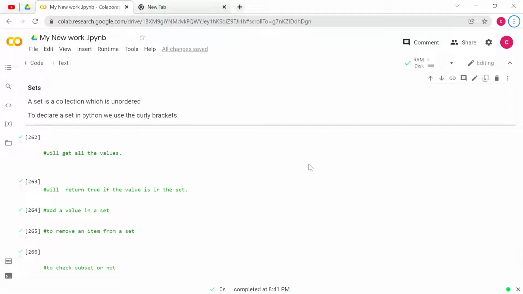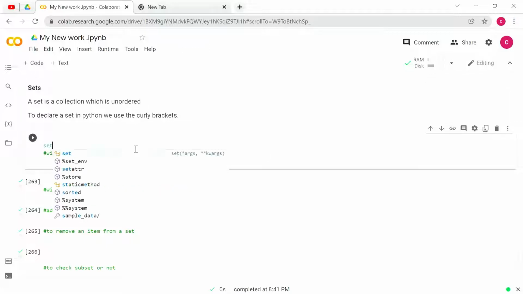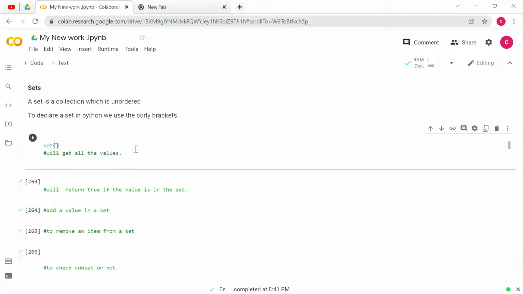So let us do with one example. For that, give the code, define a set inside curly brackets 10, 20, 10, 30, 20, 40, 30, 50 and 30.